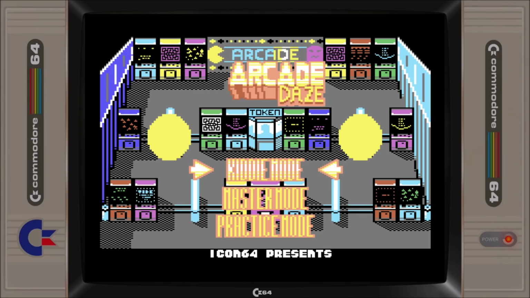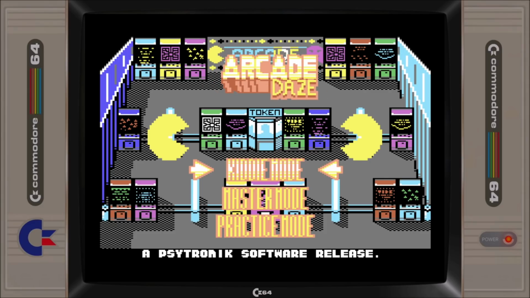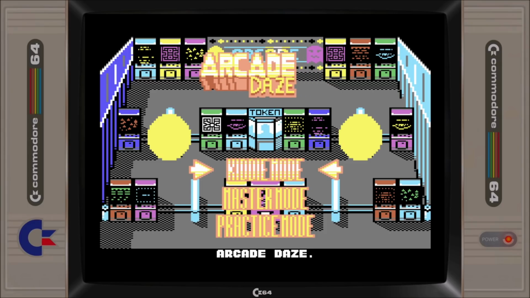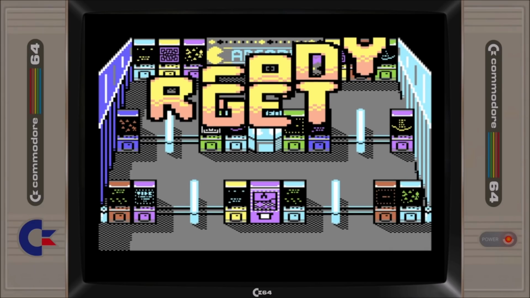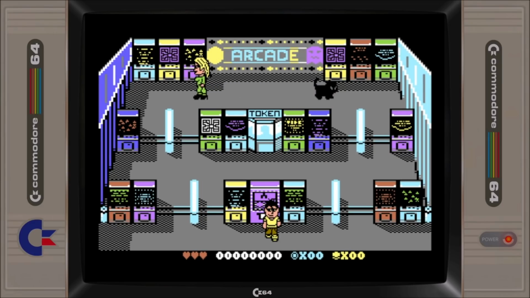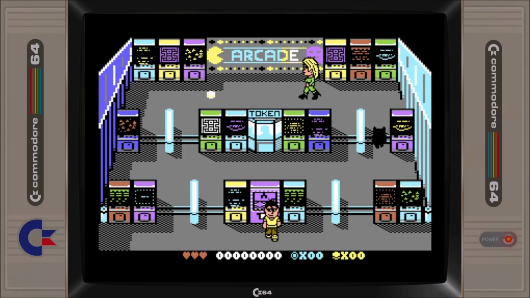Arcade Daze, developed by Artline 64, gives us the opportunity to relive those great times by allowing us to explore and attempt to beat 18 different arcade games in order to become King of the Arcade Hall. As we start the game off, we get to see the arcade hall in all its glory. Littered across the room you will find authentic looking upright arcade cabinets, all waiting for you to pump some tokens